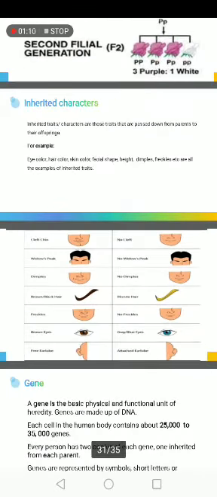Inherited characters. Inherited characters are those traits that are passed down from parents to their offspring. वो characters या वो traits जो हमारे parents से individual तक या offsprings में transfer होते हैं. Main first generation जो from parental generation to the next generation जो characters transfer होते हैं वो inherited traits और characters होते हैं. For example, eye colors, hair color, skin color, facial shape, height, dimples, freckles, etc. are all the examples of